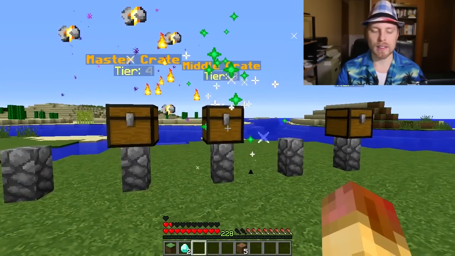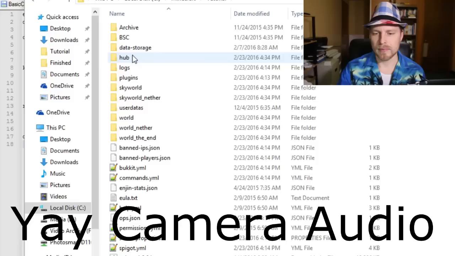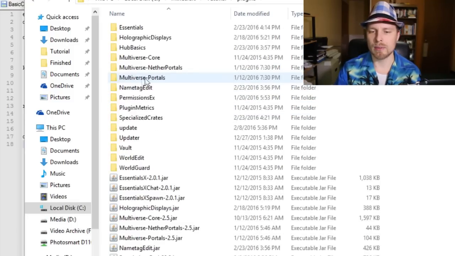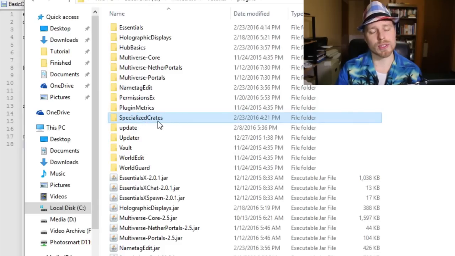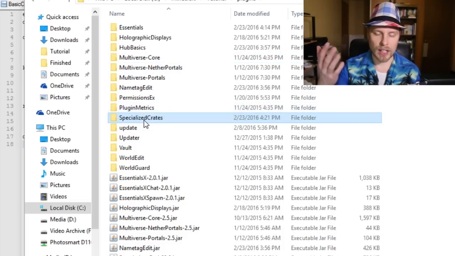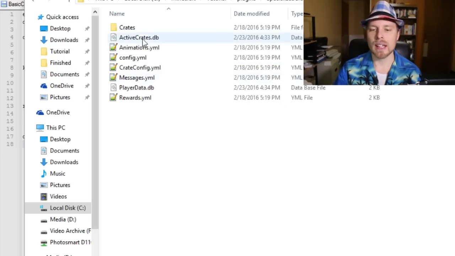We are very unlucky. Let's jump over to the config file and I'll show you guys how it all works together. Okay, so here we are in our server. We're going to jump into the plugins folder and then we should have that specialized crates folder started. If you do not, then you're missing a supported plugin or you're not on the right version of Minecraft. So be sure to check your console log for errors, and then we're going to jump into